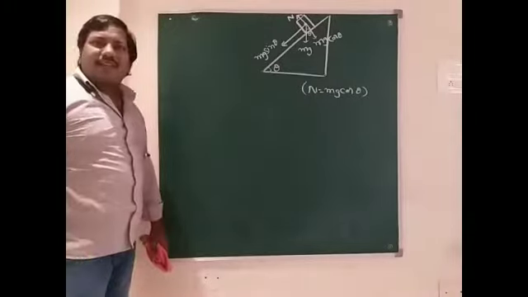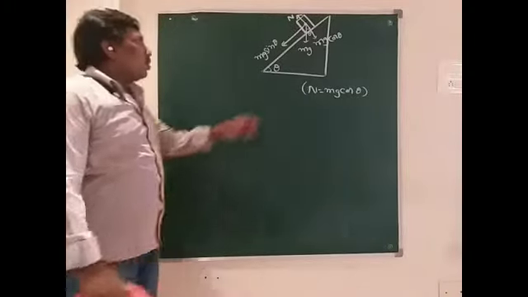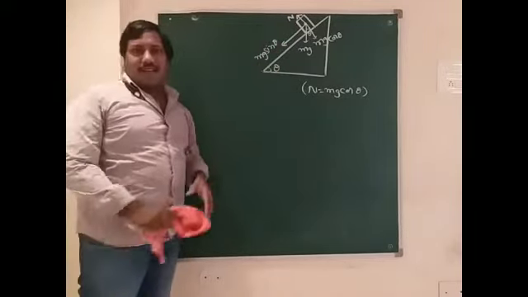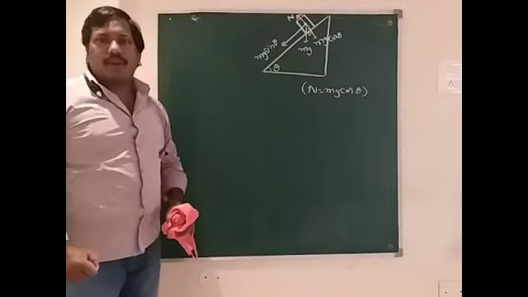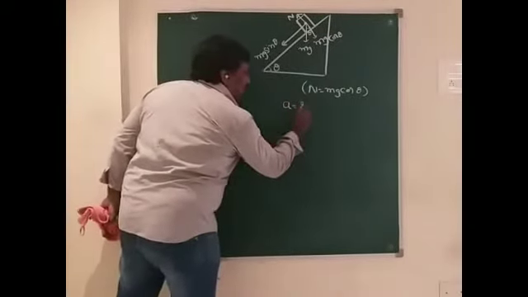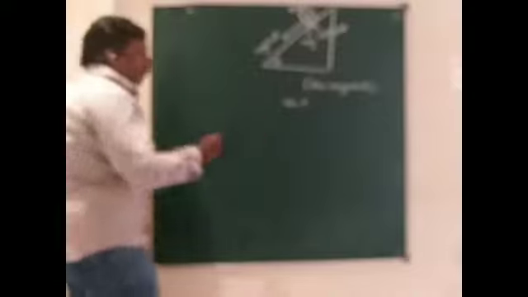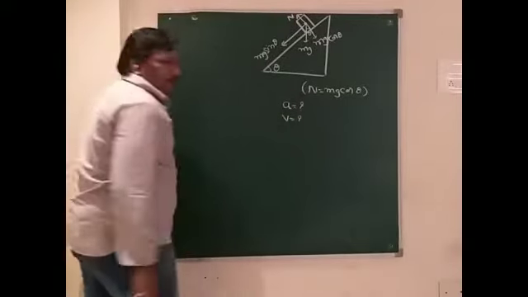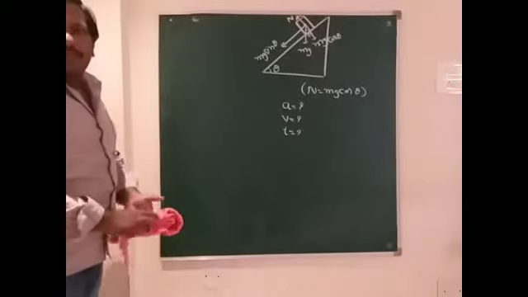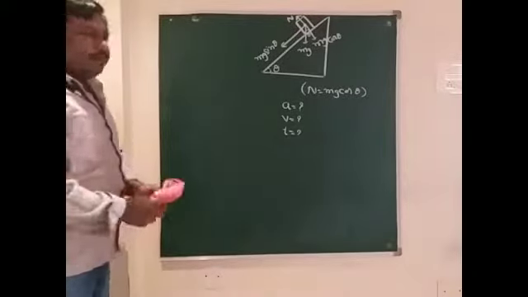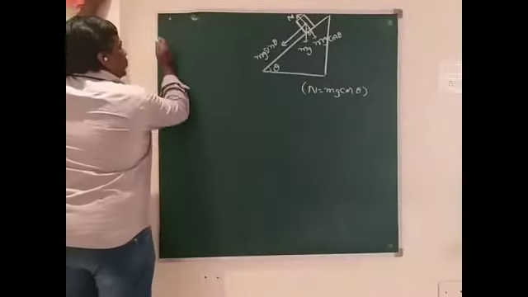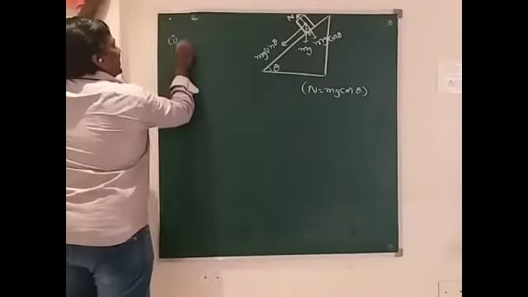But here the mg sin theta term is an unbalanced force that causes the motion of the body from the top of the inclined plane to the bottom of the inclined plane. Now we can find out the acceleration of the body, and next we can find out the final velocity of the body and the time taken by the body. So these three parameters are to be found in the above diagram. First, the acceleration of the body.